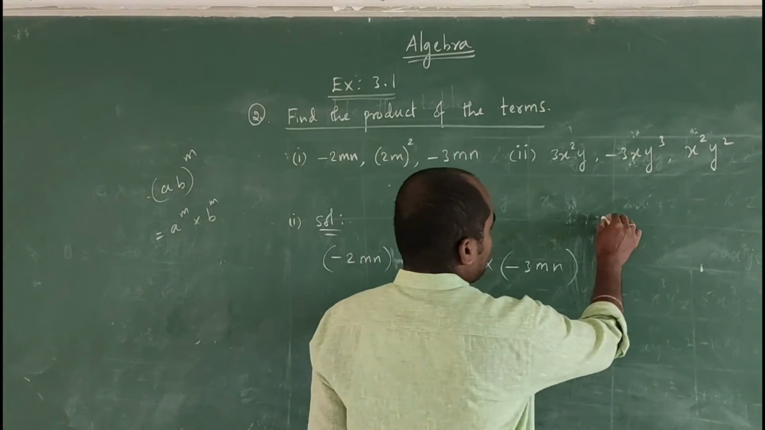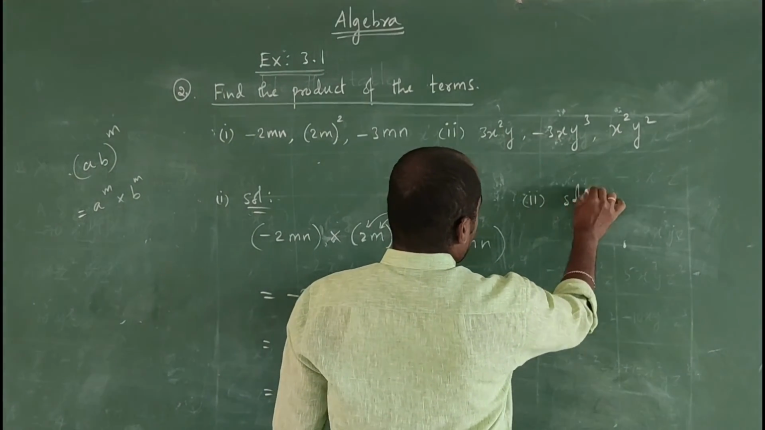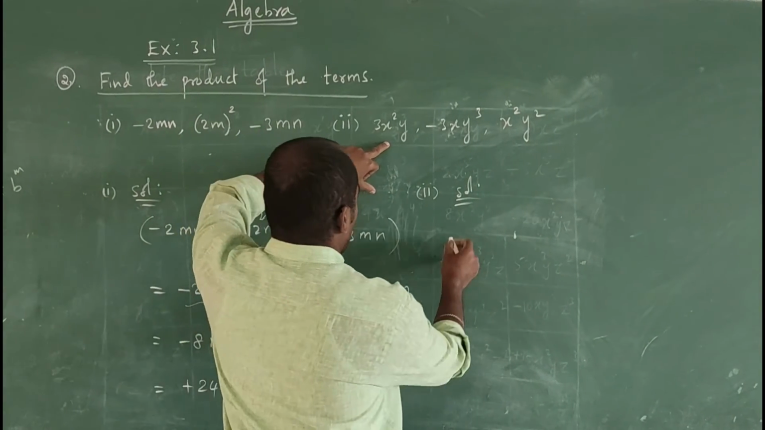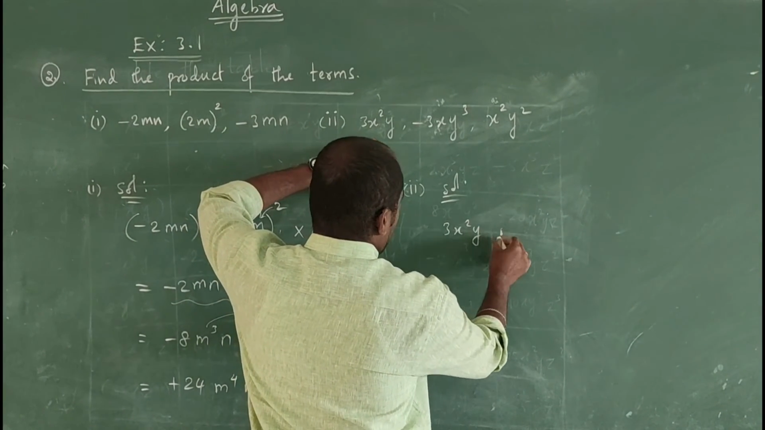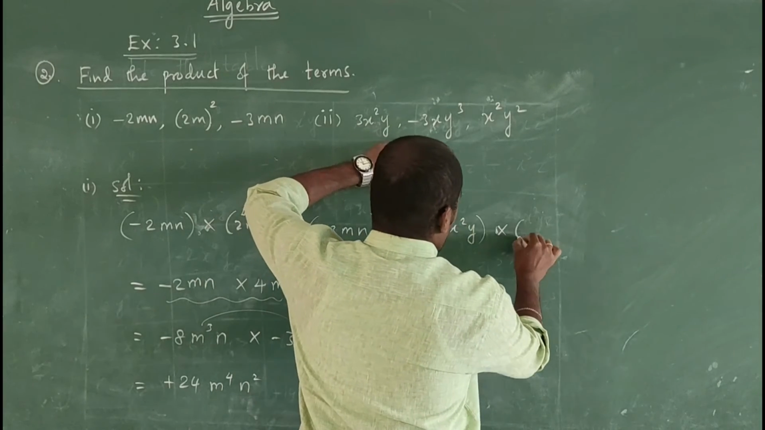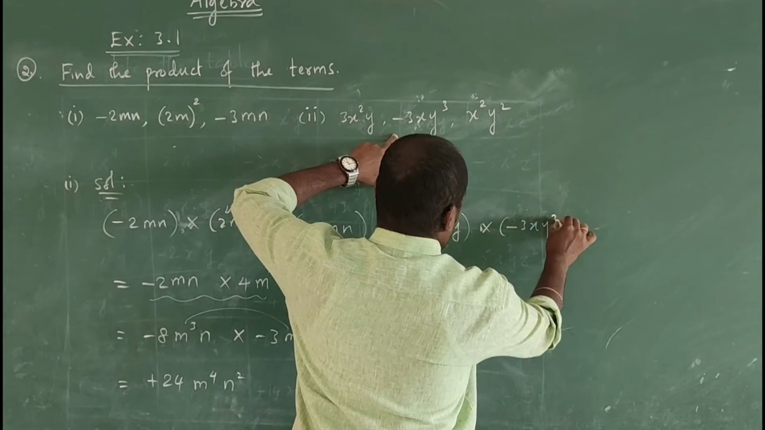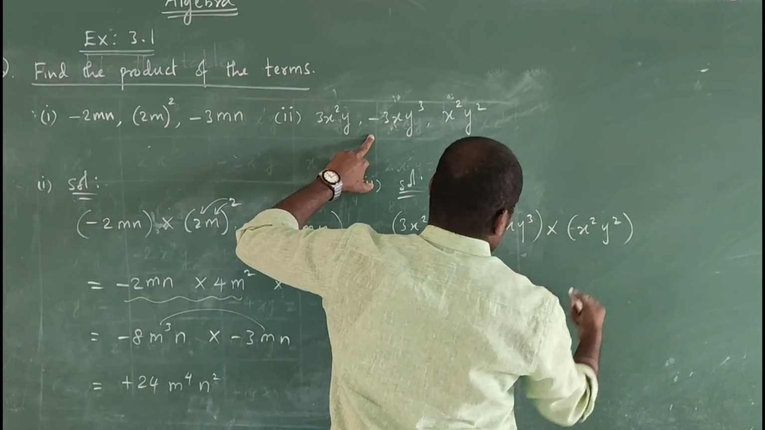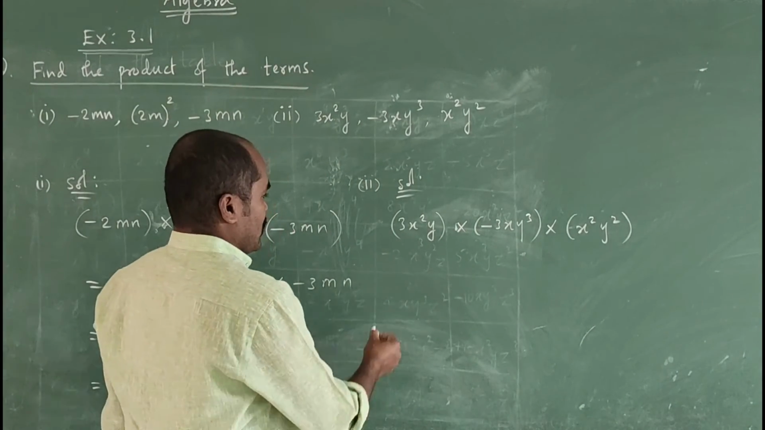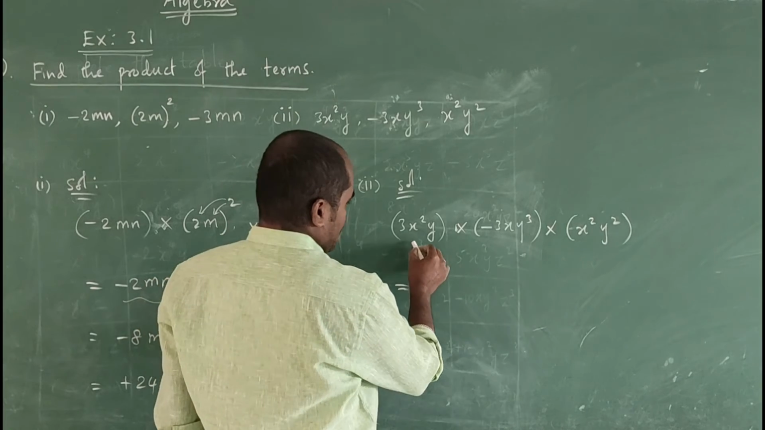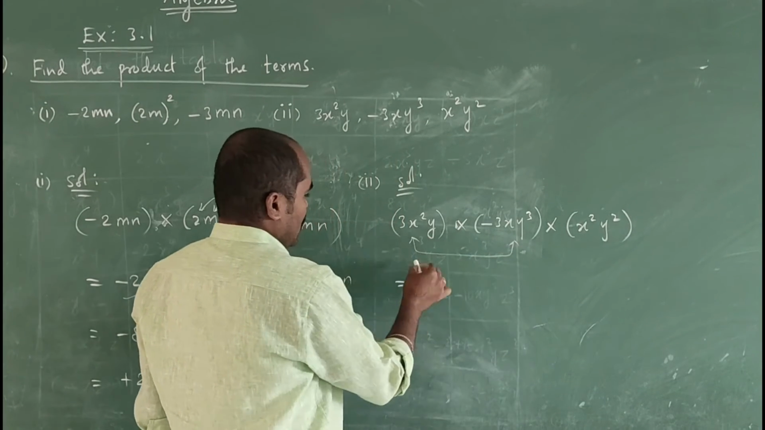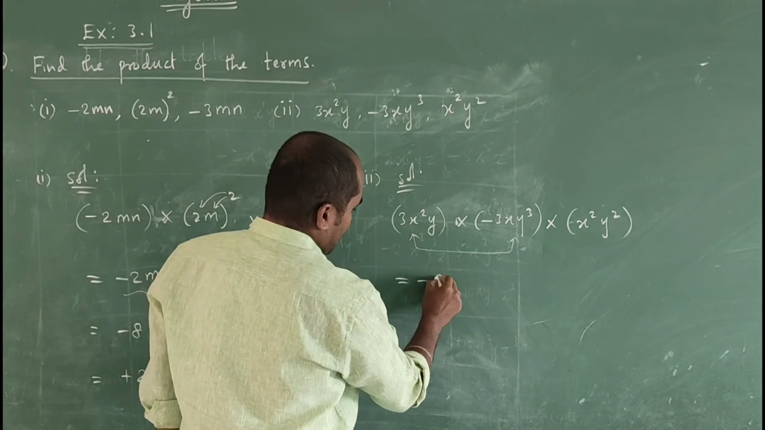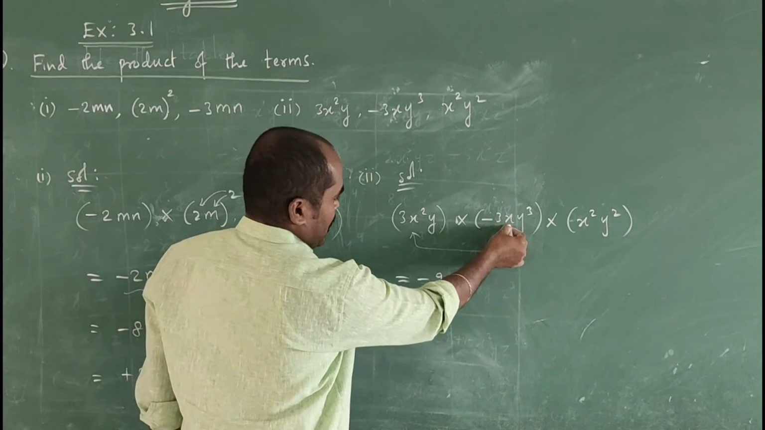And second sum. Second sum solution. Here also we have 3 monomials: 3x square y into minus 3x y cube into x square y square. First multiply these 2 monomials. First the sign: plus into minus is minus. 3 3s are 9. x square into x is